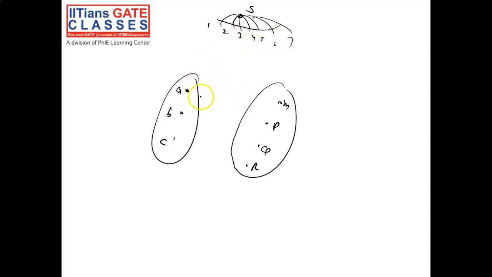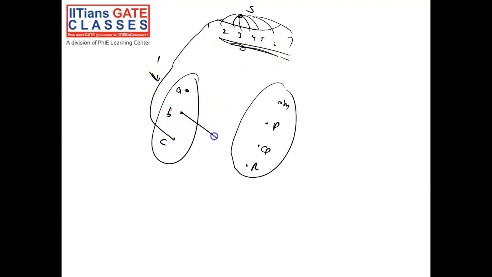Now to the edges of this complete bipartite graph, we do not need to give any new color. Why? Because let's assume this color 1 is going to this vertex. Let's assume this edge has color 1. Then because this edge has color 1, none of these edges have color 1. So you can utilize this color 1.